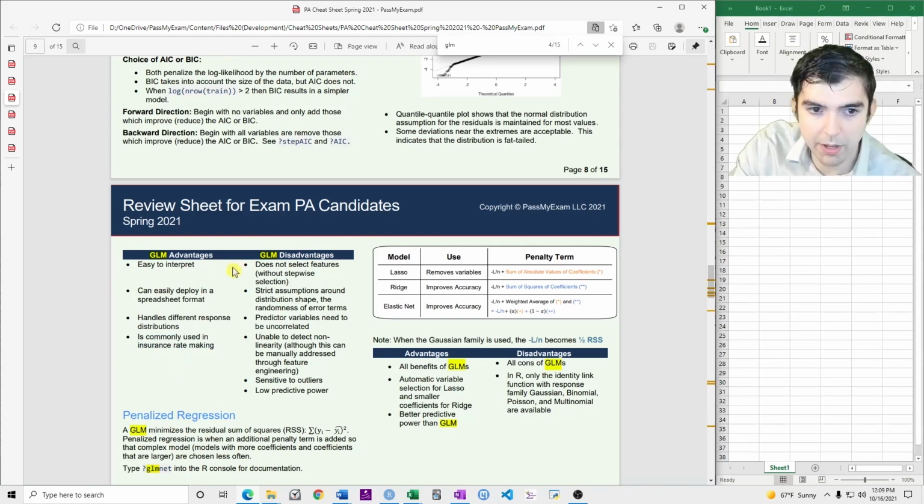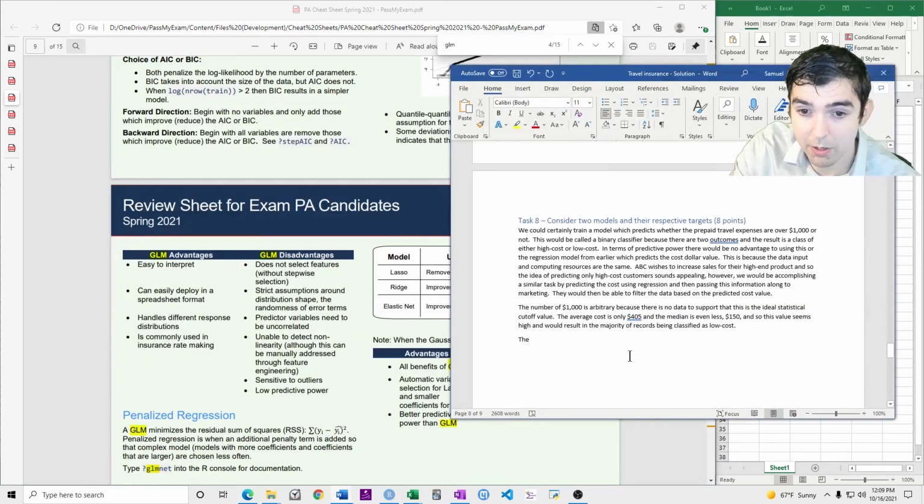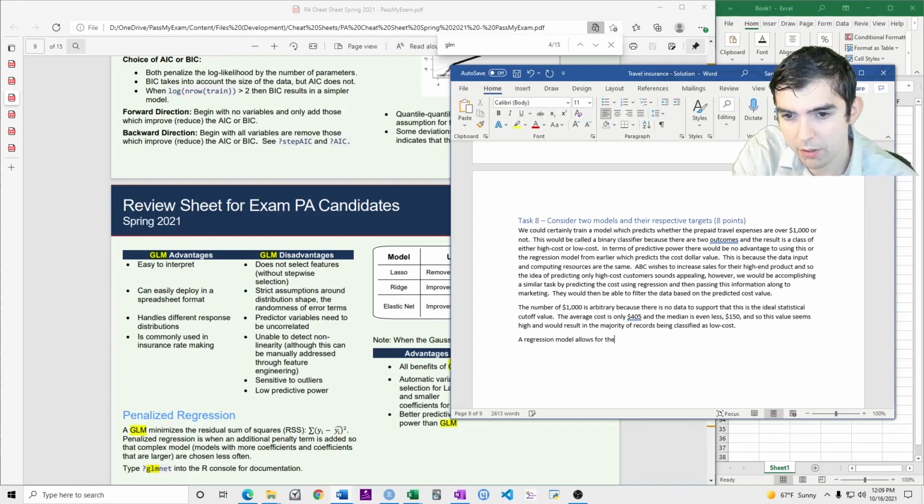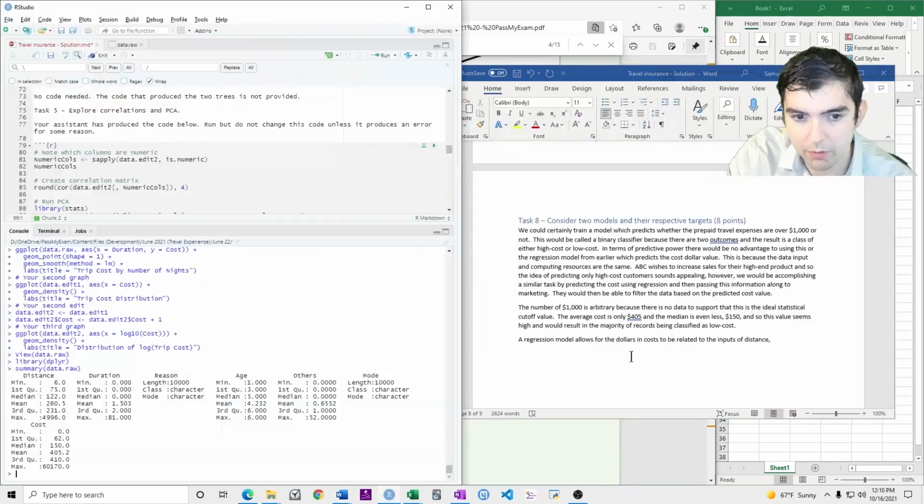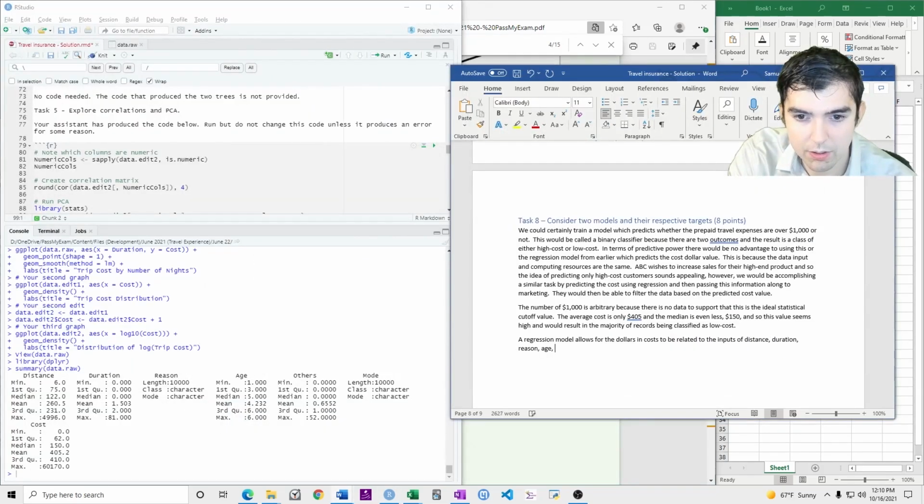But what they're really asking is, what are the advantages of a classification versus the advantages of a regression model? A regression model allows for the dollars in costs to be related to the inputs of distance, duration, reason, age, others, and mode.